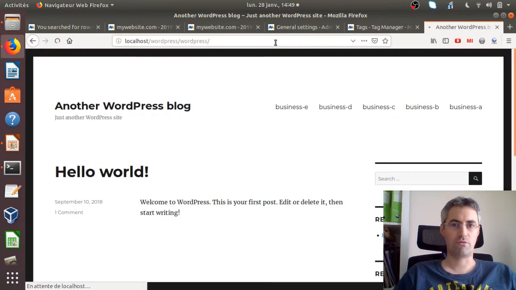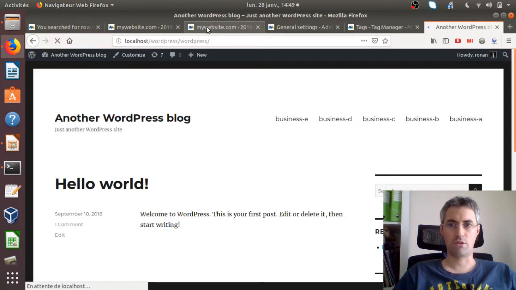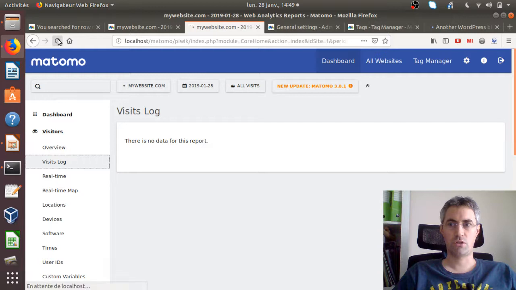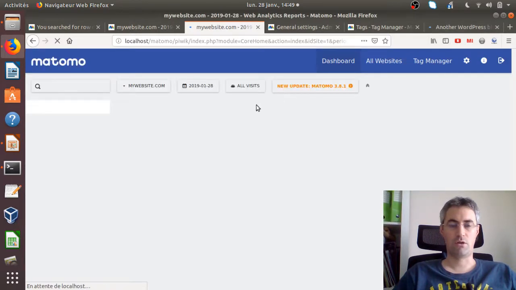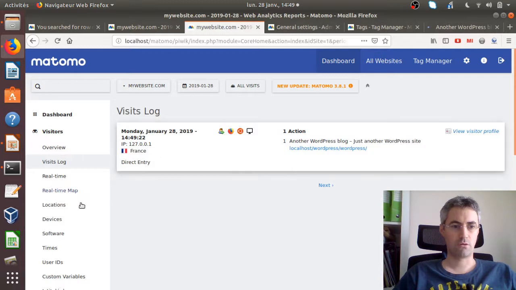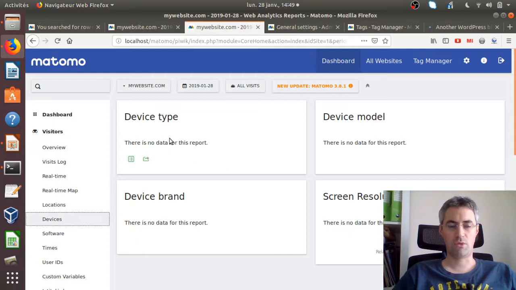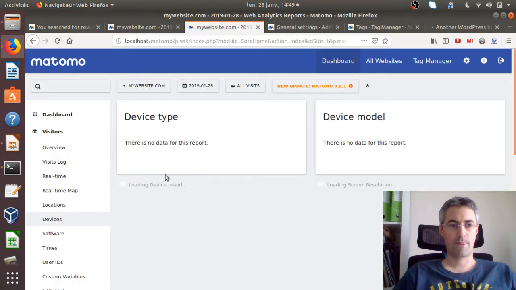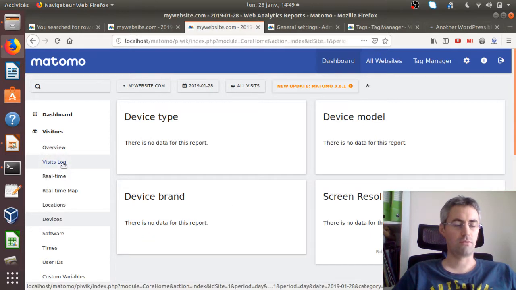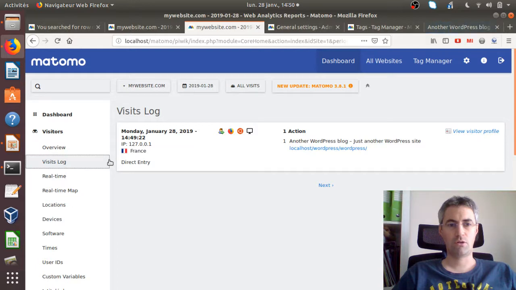I just refreshed the page of my website. It is still taking some time, but in any case, I'm going to refresh this page again. As you can see, it's still loading. So here, as you can see, I have the data coming in, and if I go under device, there's still no data coming in, right? So it's taking a bit of time. In fact, the data which will come up here will come in 150 seconds. I'm going to explain in a minute